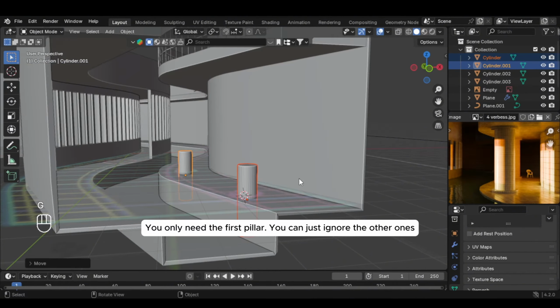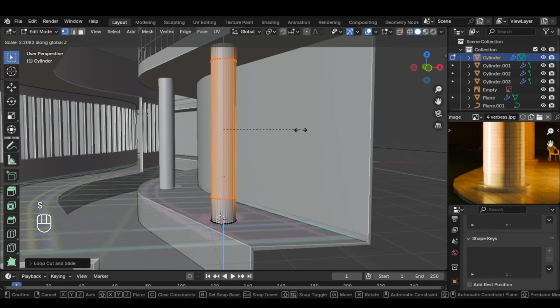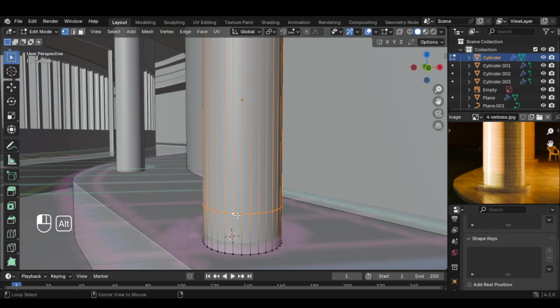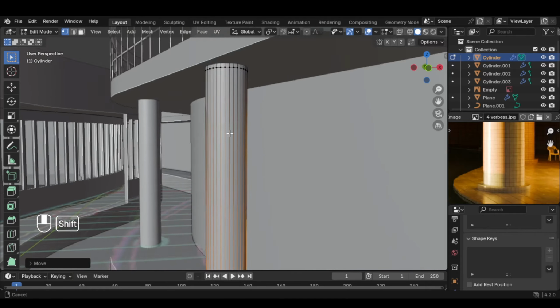So you can just select it and press 7 and G, and then just align it, and we can shade everything smooth, auto smooth. Go to edit mode and select this one here, and let's add 2 loop cuts like this, and S and Z. Select this by pressing Alt and click it, and G and Z to about here, and the other one